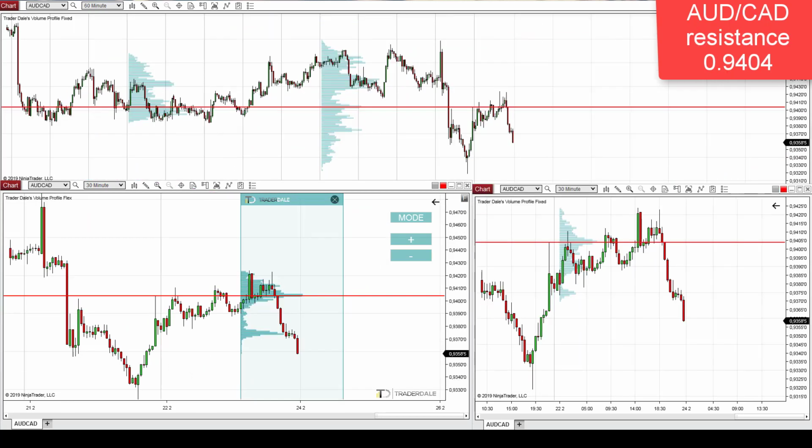Let's go into the Australian dollar, Canadian dollar, where there's another pretty strong level. There's a resistance zone at 94.04, and this level is based on the volume accumulation setup. Again, as you can see, pretty massive volumes got accumulated within this rotation, which took place before the start of